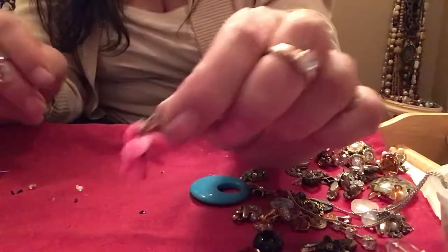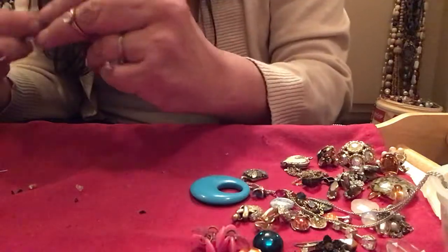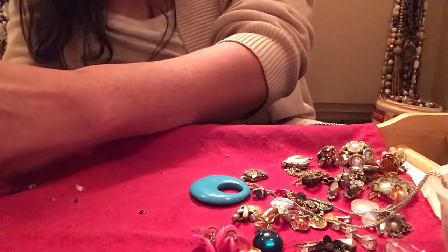And then there's a hanging thing here. I guess you can clip on that earring that it was hooked onto. Another one of the clip-on things. There's a lot of clip-on earrings in here. Blanks, not,